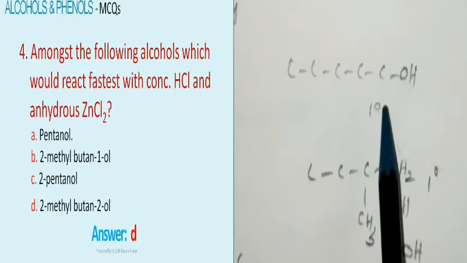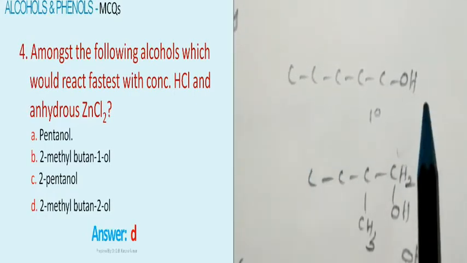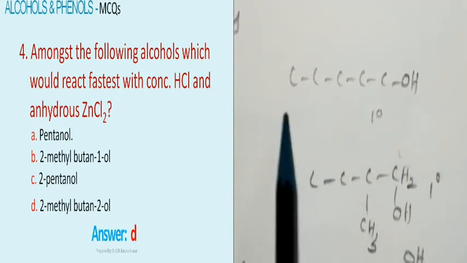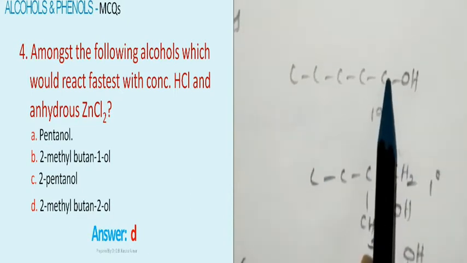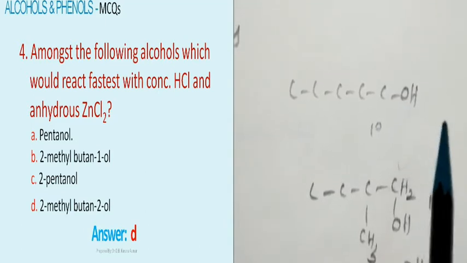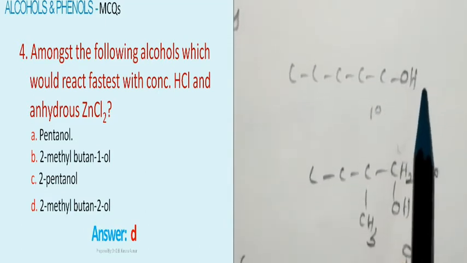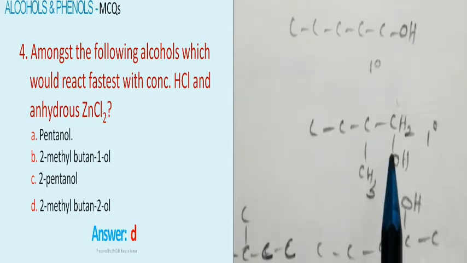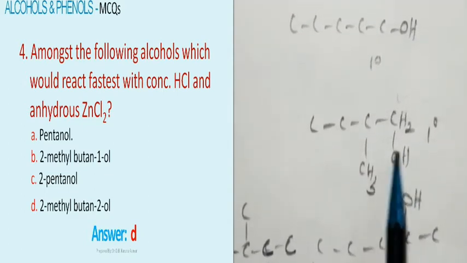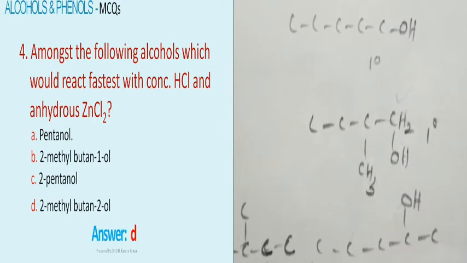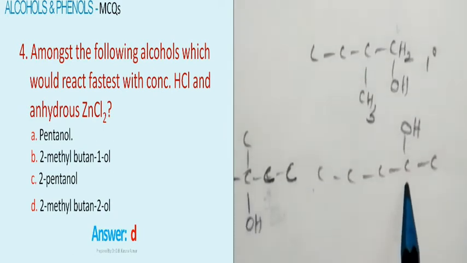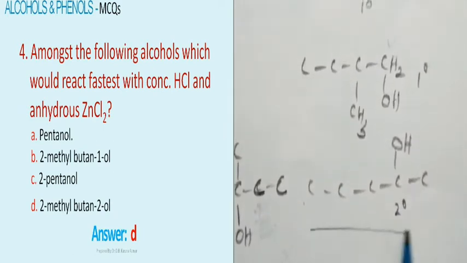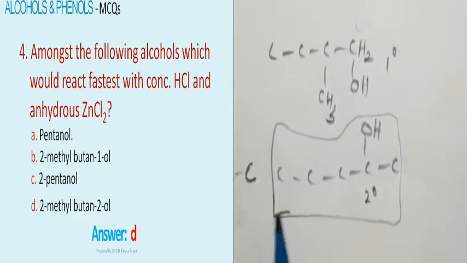Now the options given are: A, pentanol. Pentanol is a primary alcohol. It contains a 5 carbon chain and at the primary carbon I have the OH group. Therefore it will not give turbidity with Lucas reagent. The second option is 2-methyl butan-1-ol. This is also a primary alcohol. The third option is 2-pentanol. 2-pentanol is a secondary alcohol, as we notice here. And the last option